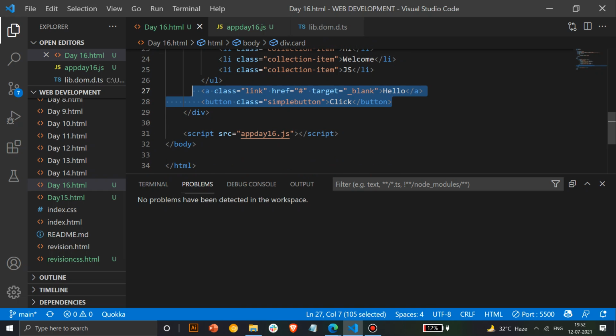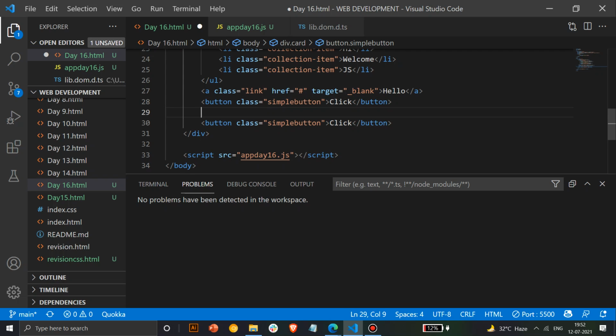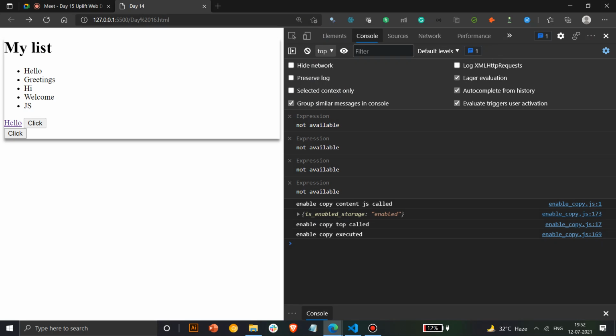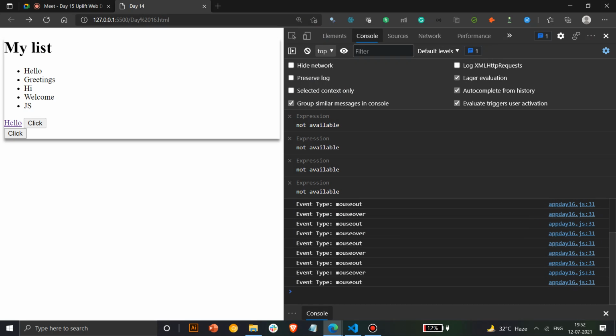I'll create one more button here and add a line between them. Okay, so as soon as I enter, mouse over is fired, and if I go over a button, it shows mouse out at that particular moment also. So the difference is that mouse over and mouse out work if you go over specific elements present in